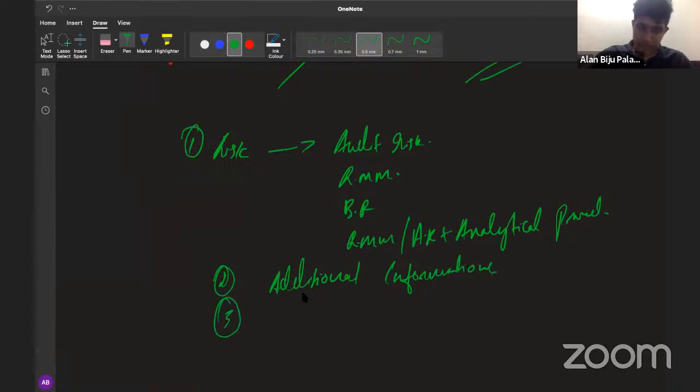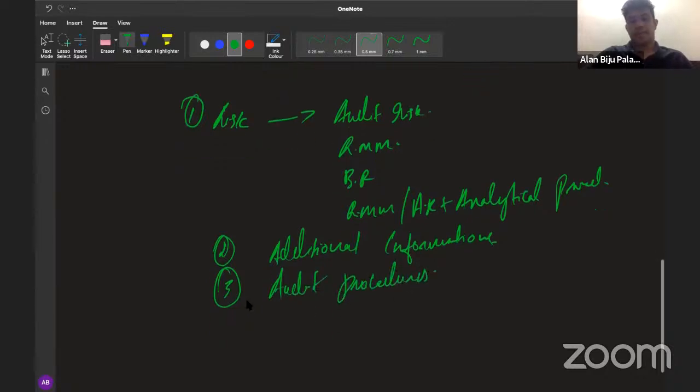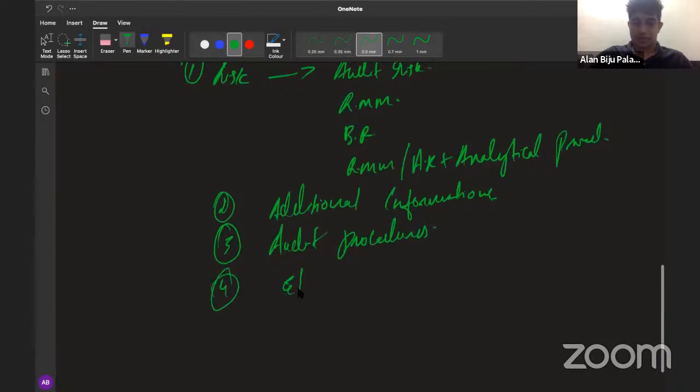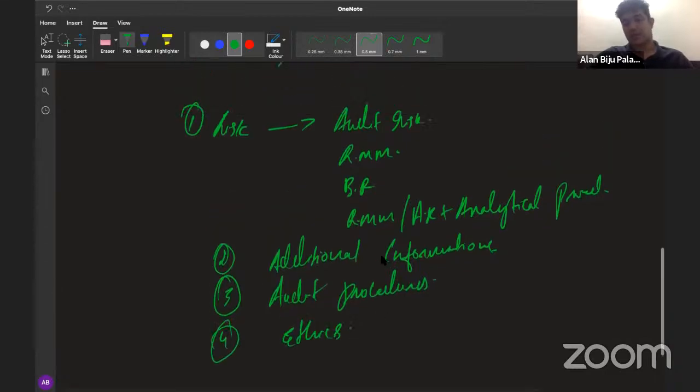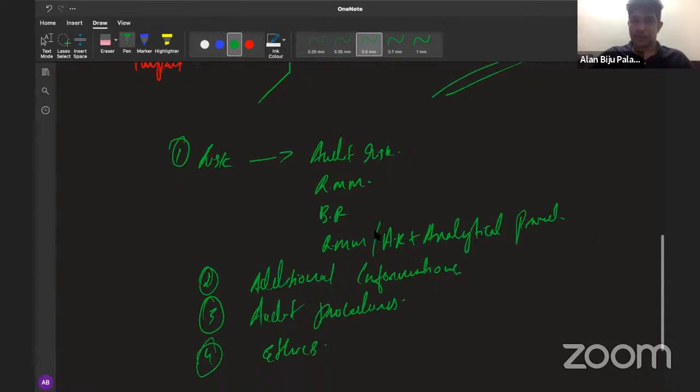Then third, we have discussed areas of audit procedures. And fourth, we have also discussed the ethics part as well. So these are the main areas in the 50 marks session. So basically, when it comes to the audit risk, the reporting format should be, and the audit risk and risk